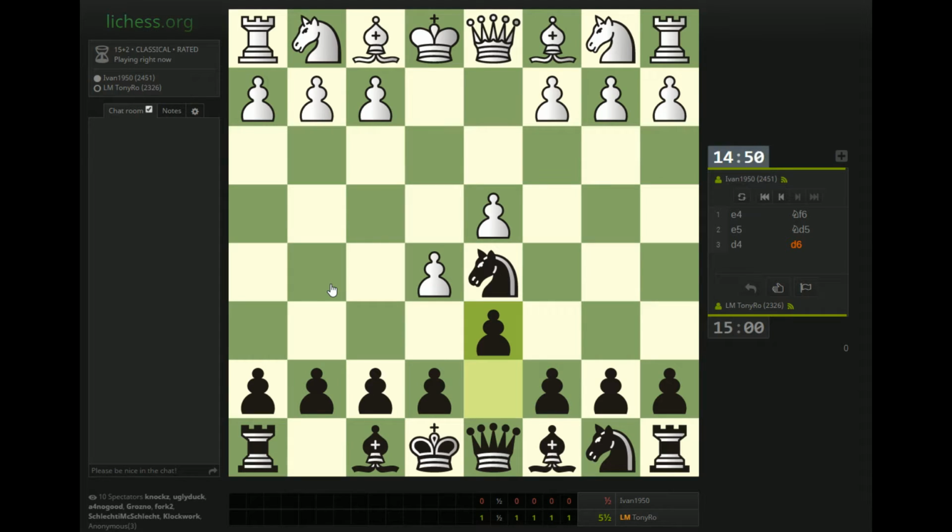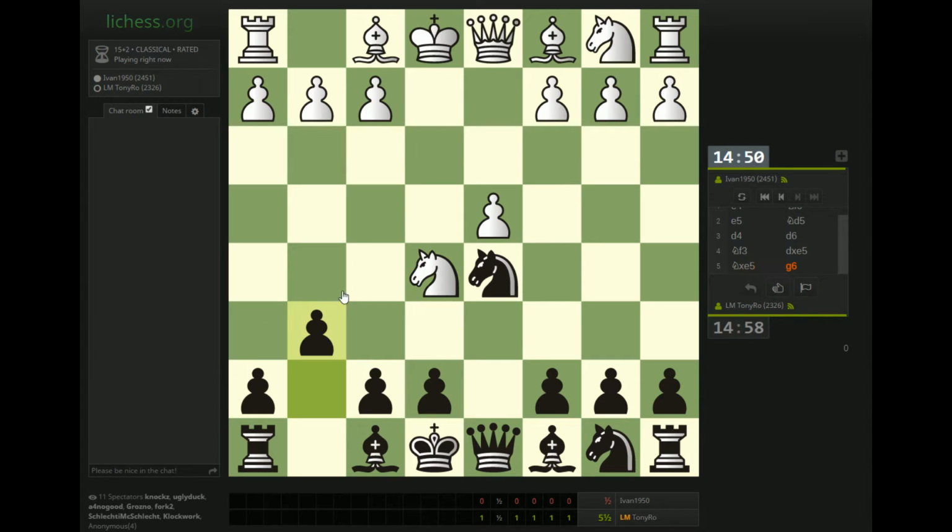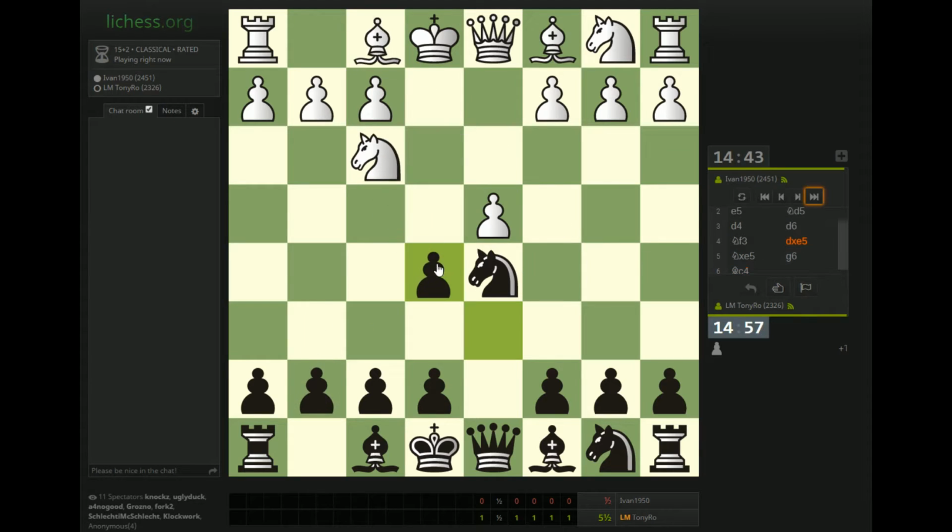the one thing I like about it has the same advantage as the Scandinavian in that e4, knight f6, you're in your stuff. They can't mess around with you. They don't have a lot of choices. You get it every time. And I'm playing the Larsen variation, which is d takes e5, and